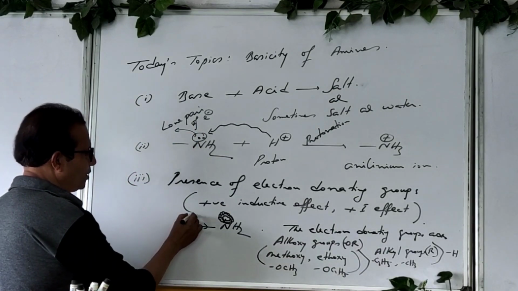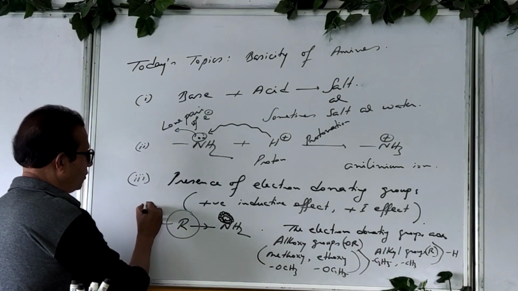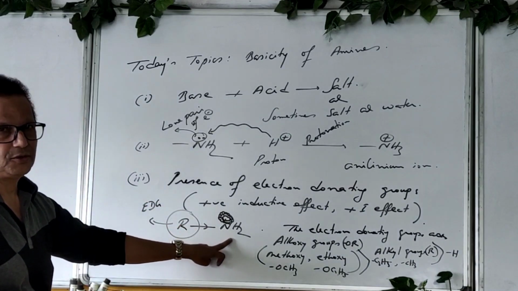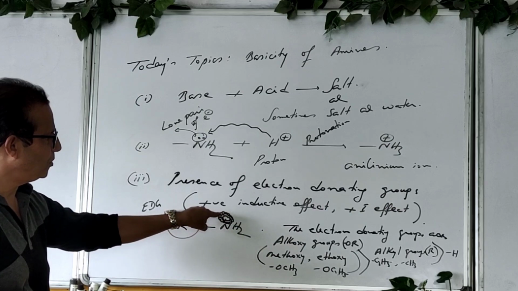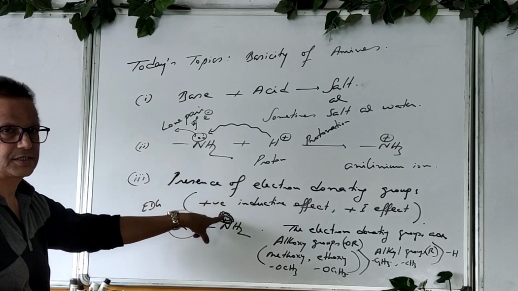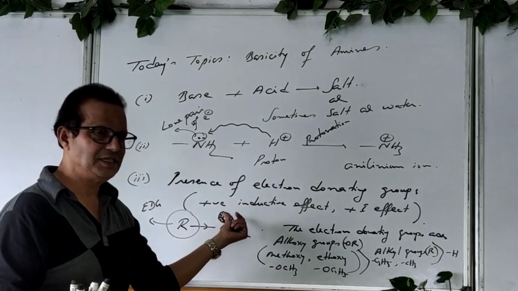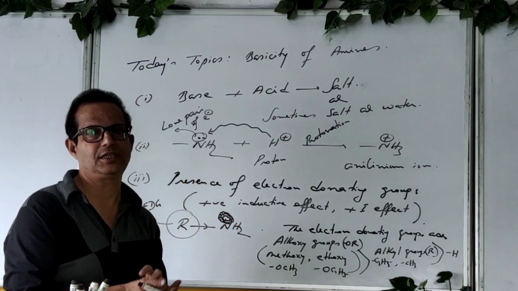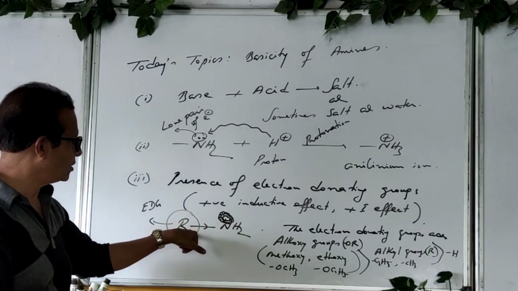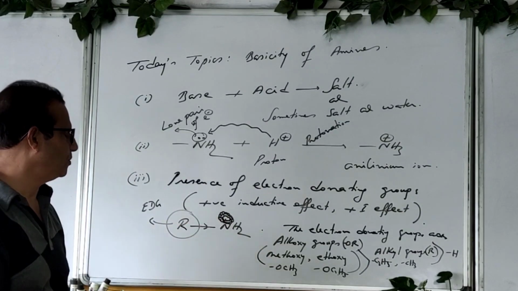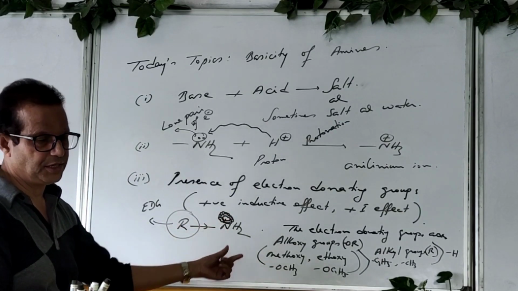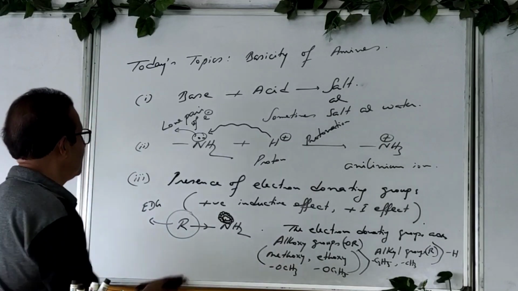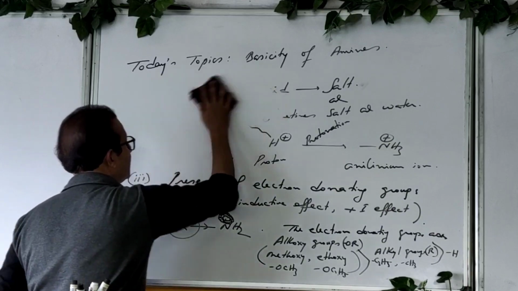If an electron donating group is present or is attached with an amino group, then the density of lone pair of electrons increases. So the protonation becomes easier because the hydrogen positive ion released by an acid easily gets attached with the nitrogen atom, resulting in more basicity. And in the reverse sense,